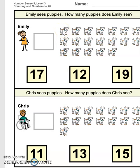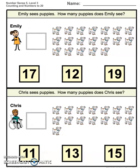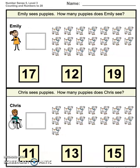So one really good way to make sure that you are counting correctly is to make a mark on the ones that you've already counted. And it helps you to slow down and really pay attention to each puppy that you count. So here's how we're going to do it. Cross them out. 1,